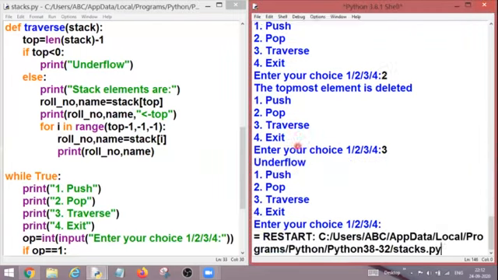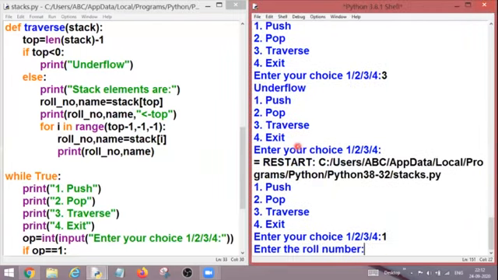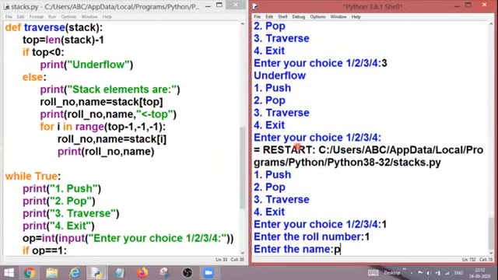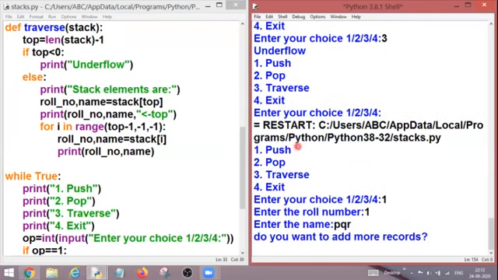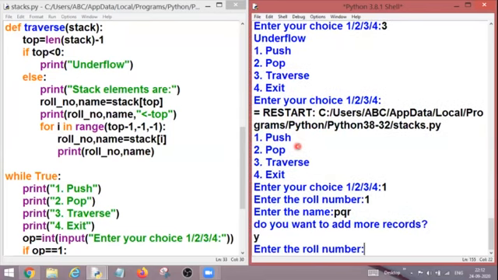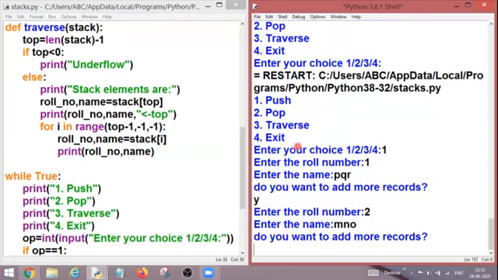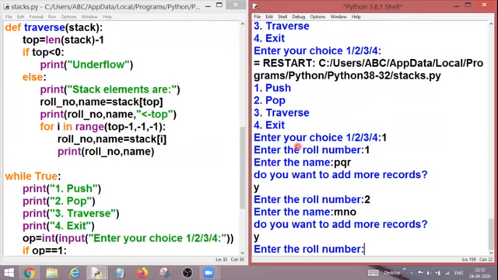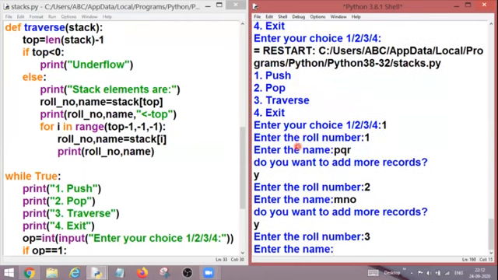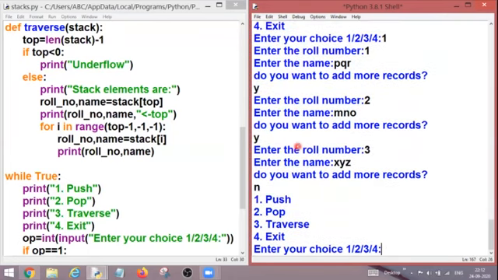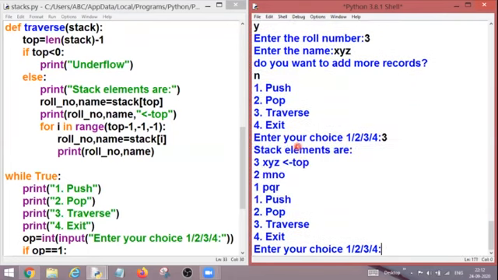F5. I'm going to push the elements. So roll number is 1, values are PQR. And then I want to add one more record. So roll number is 2, M and O. Then I want to add one more record. Roll number is 3, then I can say XYZ. And I don't want to add more records, so I can traverse it now.